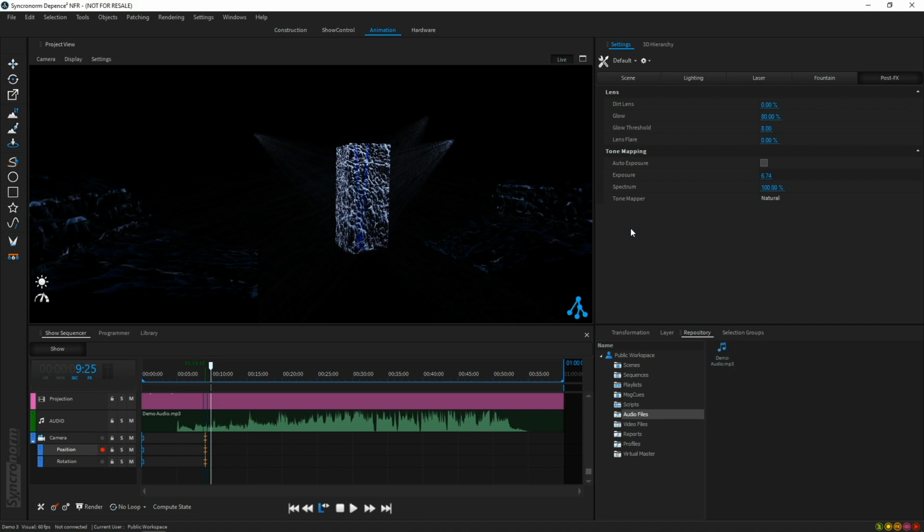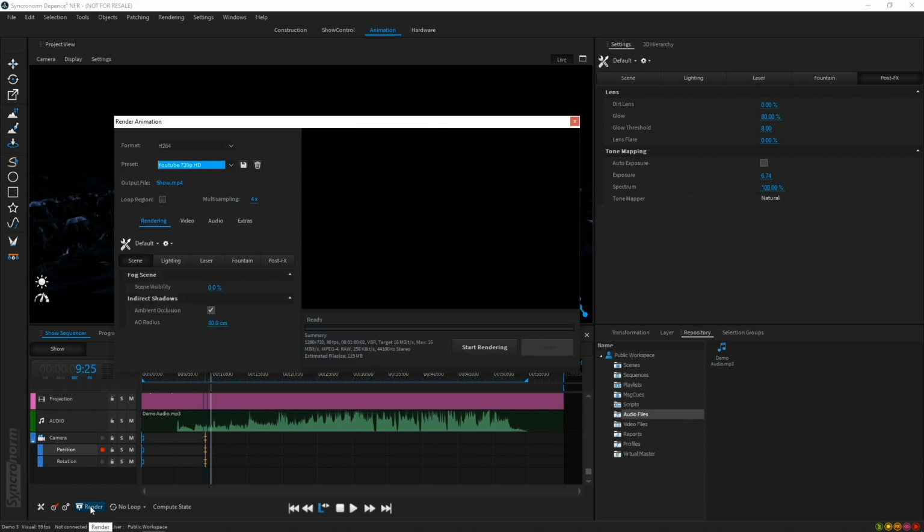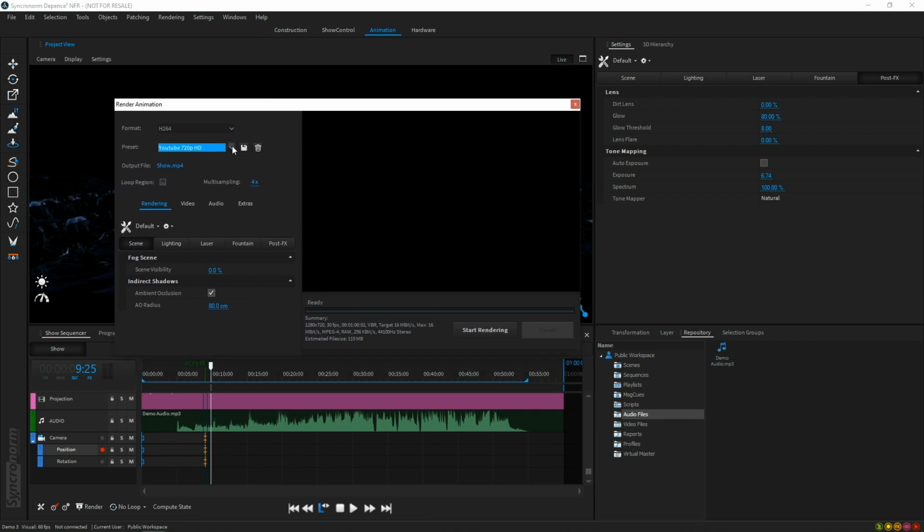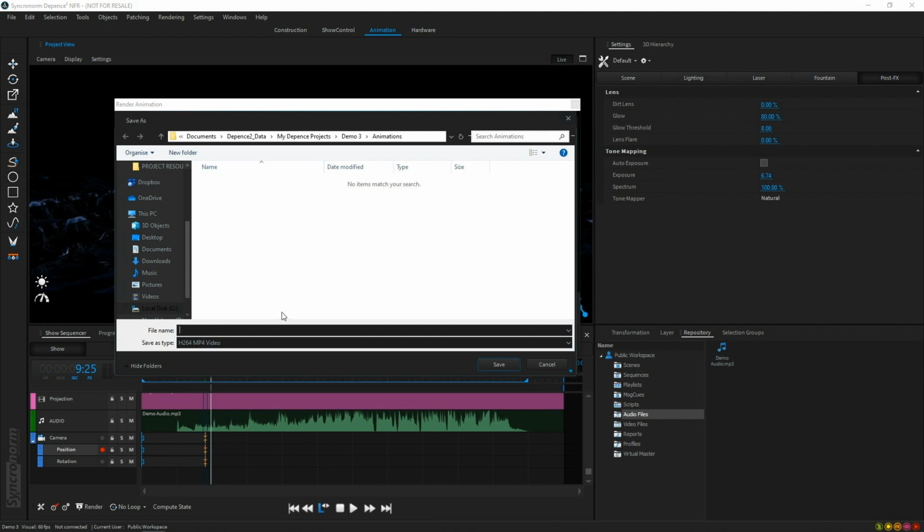So the last thing to do is set the loop region, which it's done automatically for us, but that's this blue bar here. And you can select it to render only that part. So to render out this project, you just click render, and if anyone's used Premiere or After Effects, this should look familiar, but you can just select the quality you want, give it a name,